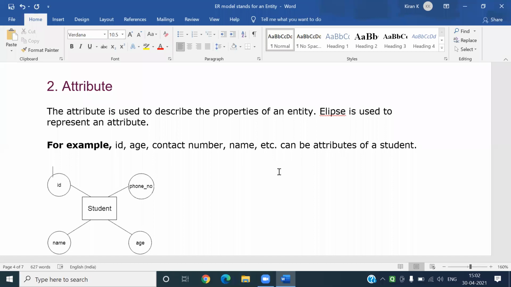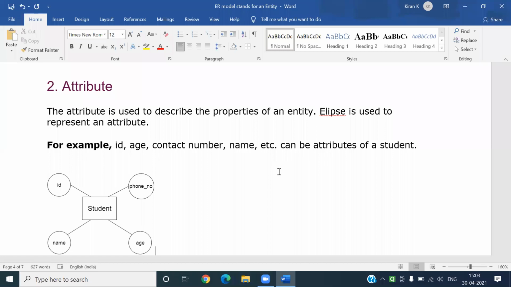You can write what the properties of a student are. A student has roll number, name, father name, mother name, date of birth, section ID or section name, Aadhaar card number, caste and subcaste.